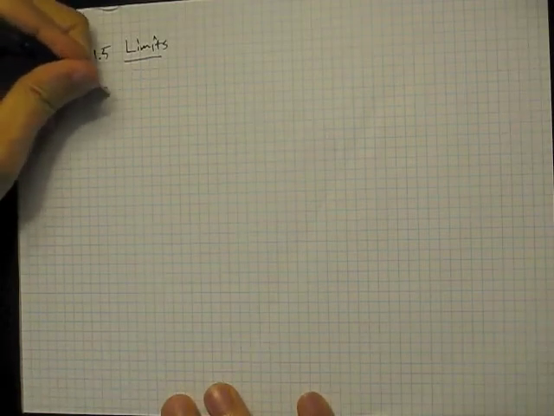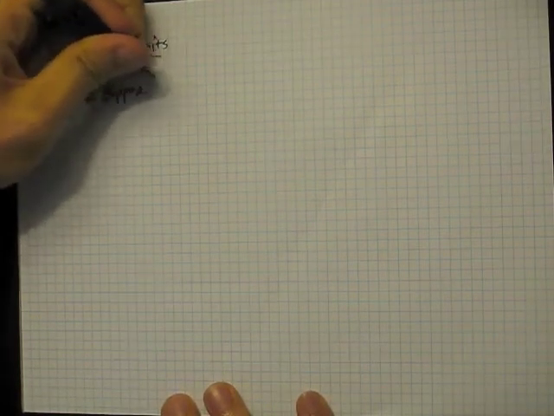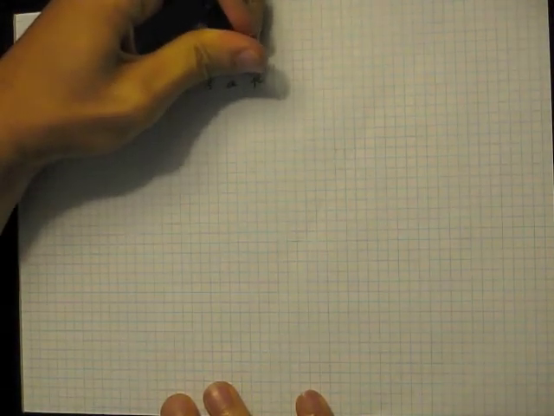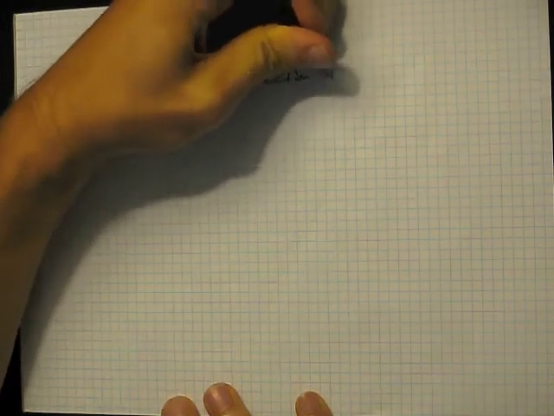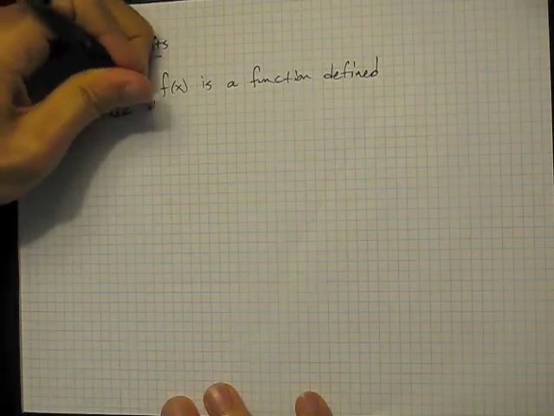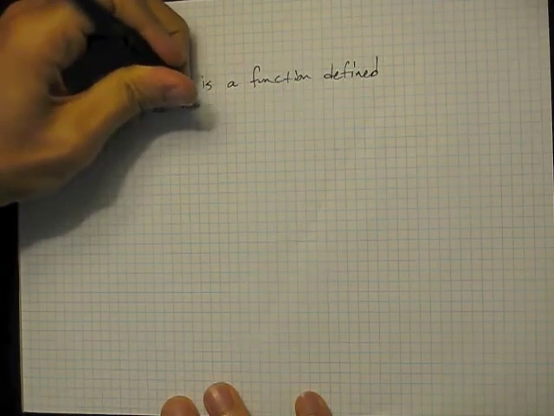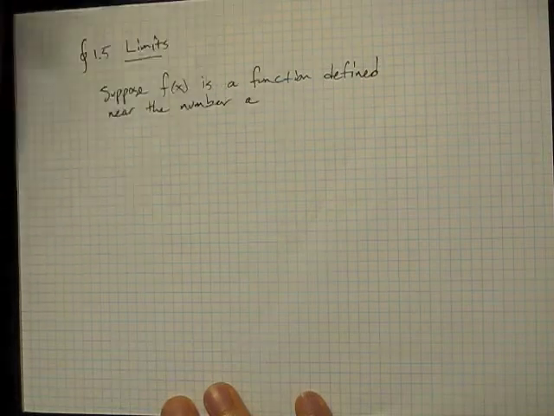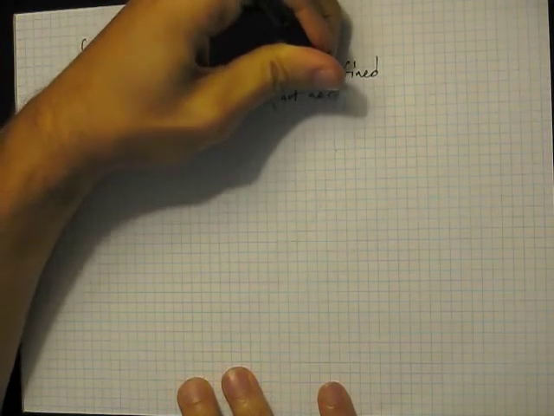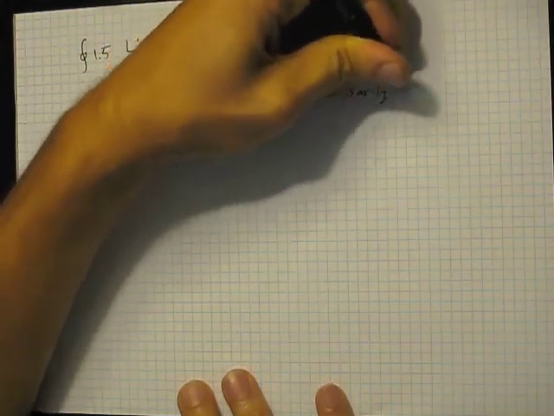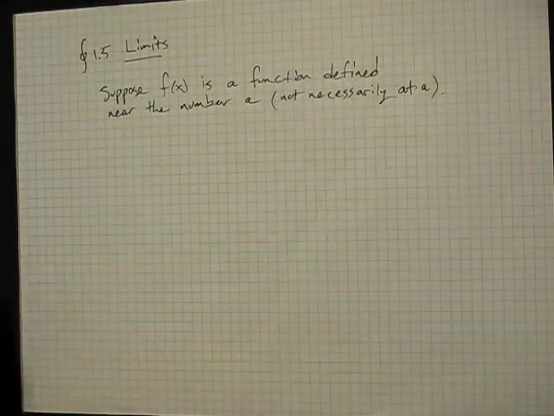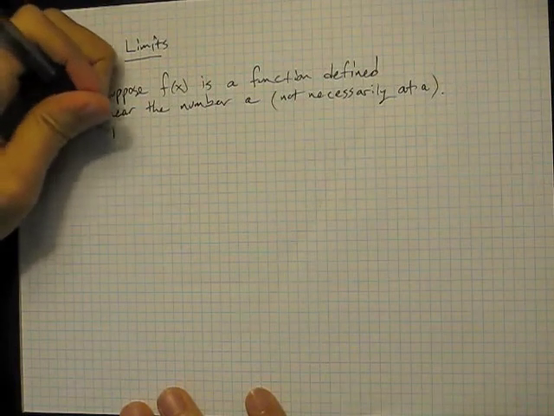So let's suppose f is a function, and this will be defined near the number, let's call it a, near the number a, not necessarily at a. Okay, it doesn't have to be defined at the number a, but it has to be defined near the number a. Then we say